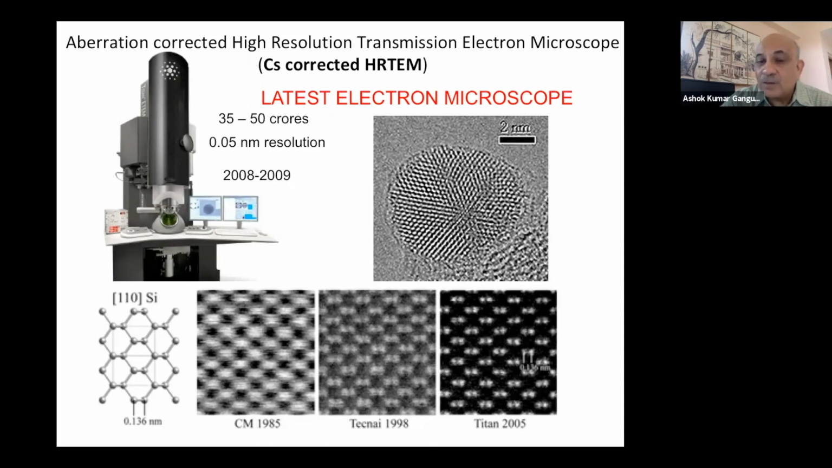And you can now see images much more clearly by going around this aberration, which was earlier not possible. This CS correction was earlier not possible. There are different types of aberrations, but one of these aberrations is the CS corrected. You need to use special electromagnetic lenses to take care of that. And that was a breakthrough in 2005 by scientists, and they were given the Nobel Prize